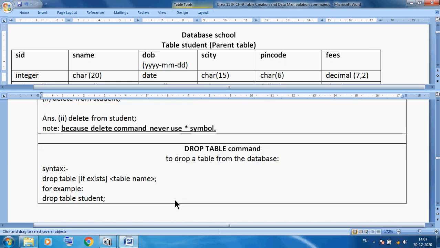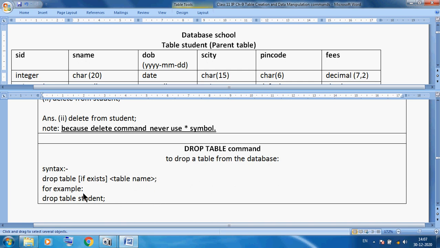Okay students. Now here I am using the DROP TABLE command to drop a table from the database. Simply I completely remove the table. Using DROP TABLE, if it exists, we specify the table name and it will drop.